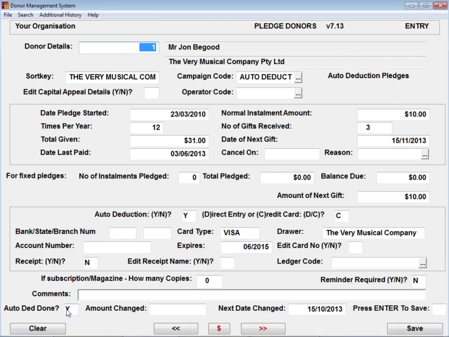And I can see down the bottom here, there's a flag that the system's already updated to say this one's already been picked up as an auto deduction today, which is why it hasn't been picked up twice. Okay, so it's got auto deduction done. As soon as you run the auto deduction batch, the system will update this field automatically to say I've picked that one up today. So even if I run the auto deduction a second time on the same day, it won't double up on the person's amount, because obviously that's going to cause huge headaches for everybody involved.